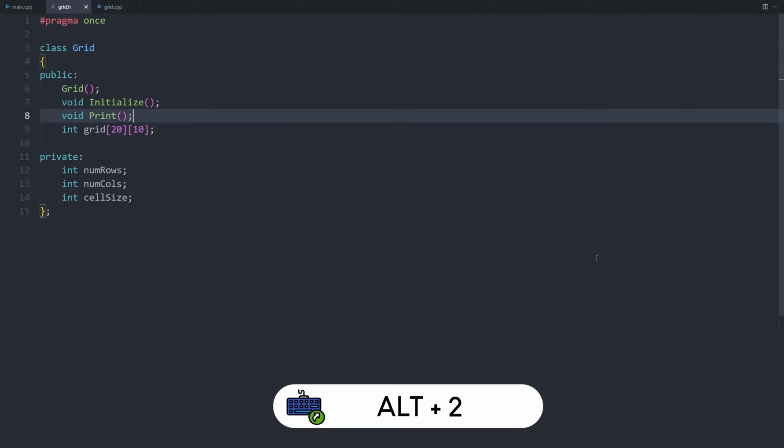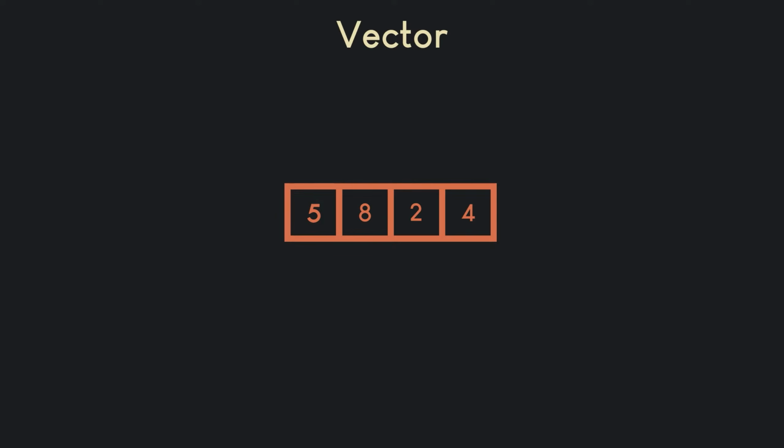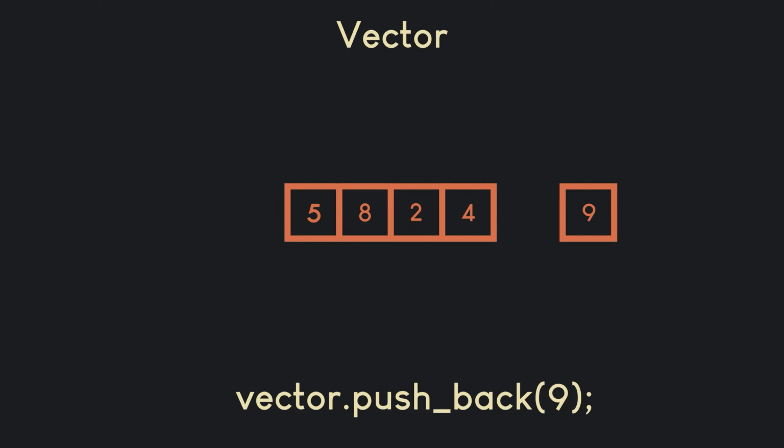Alt+2 in VS Code gets me back to the grid class header file. What else do we want the grid to know about? The grid must also know the colors to use to display each cell. So let's create a data structure to hold all the colors it will use. The easiest C++ data structure we can use is a vector. A C++ vector is a container that can hold multiple values of the same data type, like a list or an array, but with some additional features, such as the ability to easily add or remove elements and to dynamically